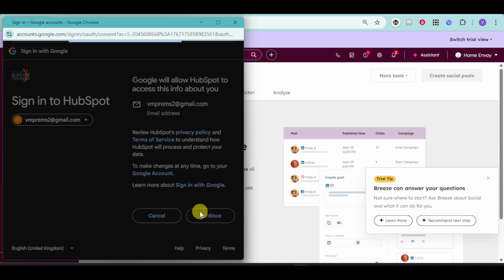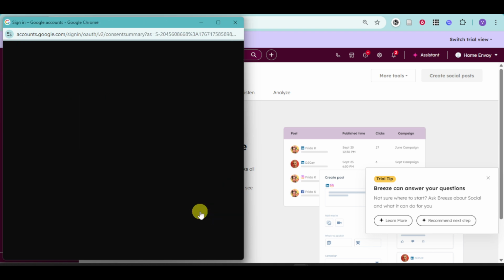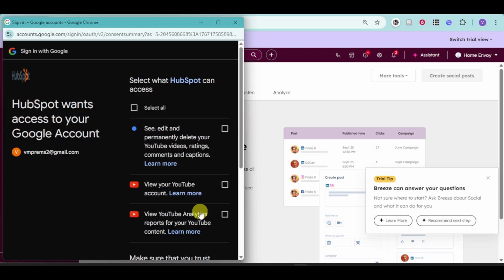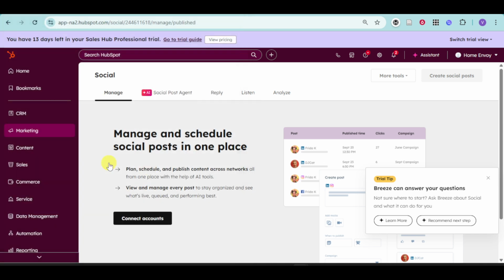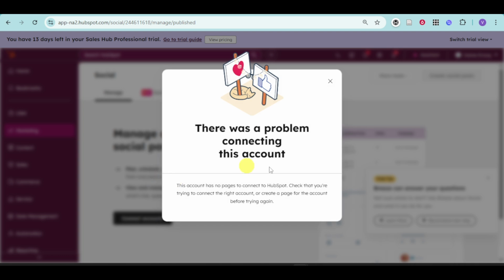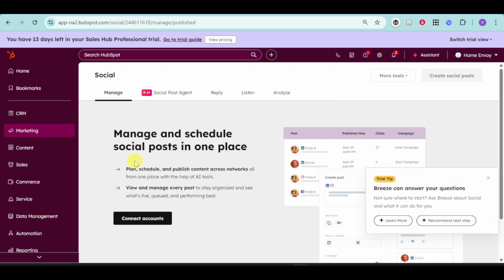Click on continue in order to sign in, and from in there, this will prompt the connection of this. Select in here what it can access. Click on continue, and then it will open this. Just wait for this, and if everything is going as usual, it should be able to be